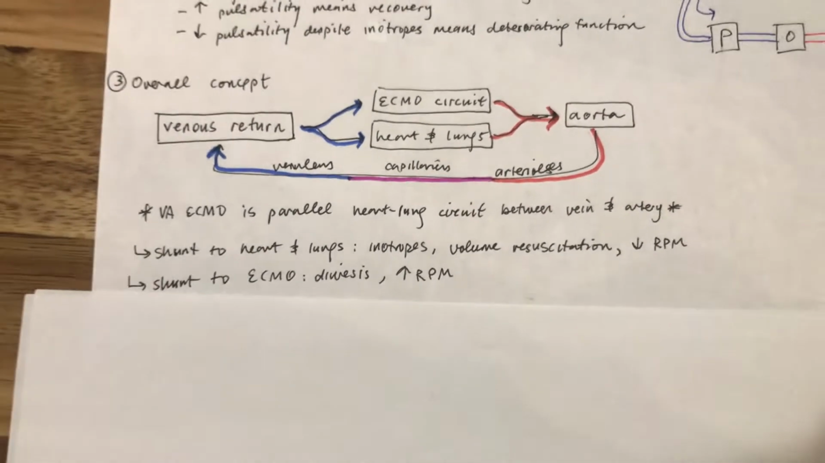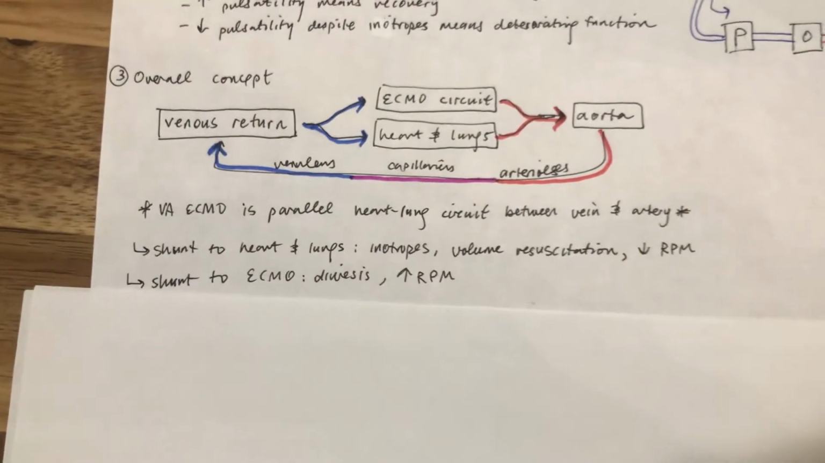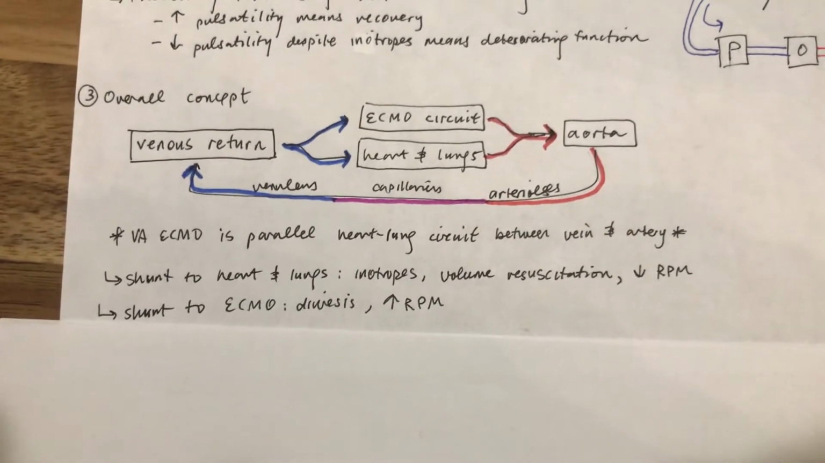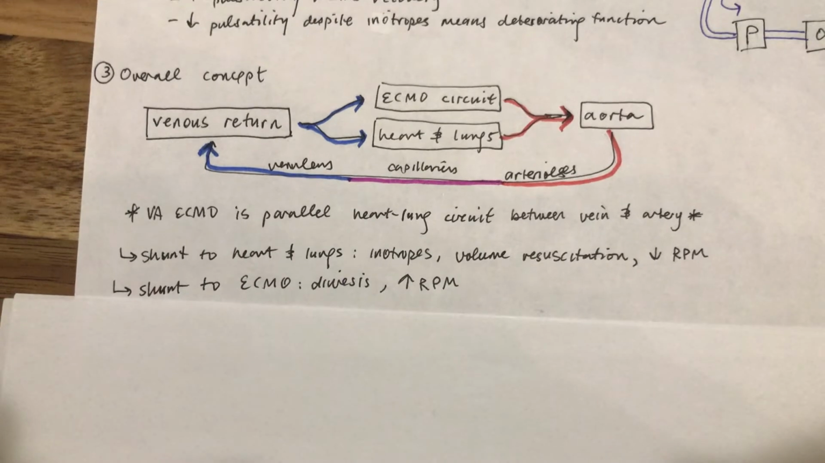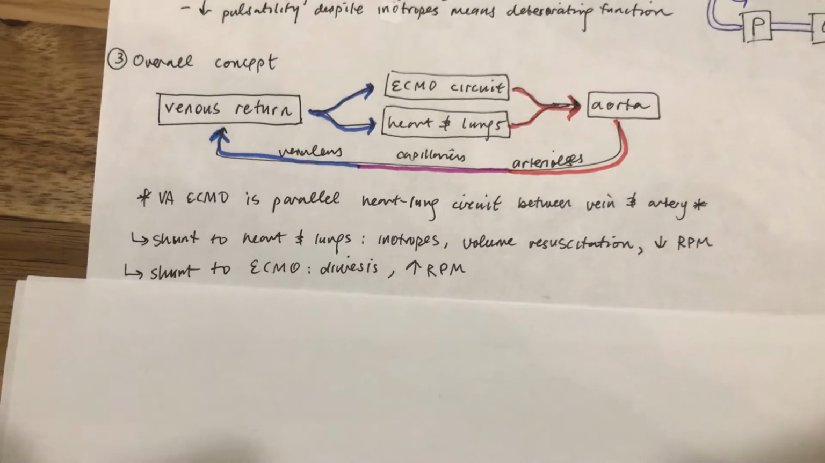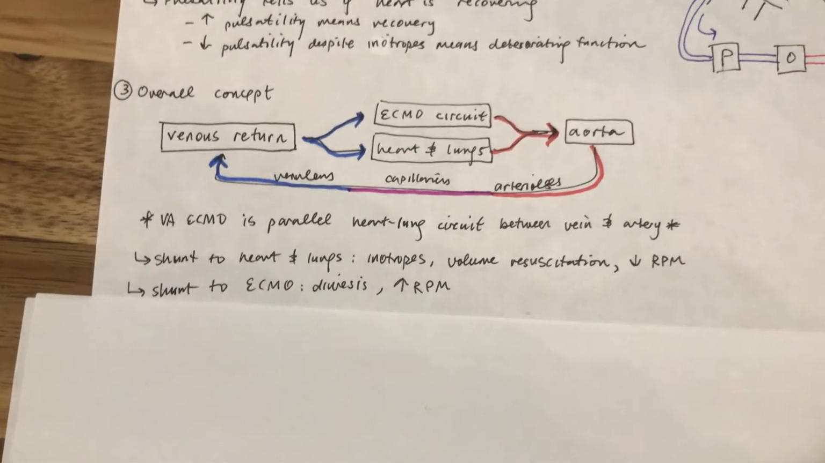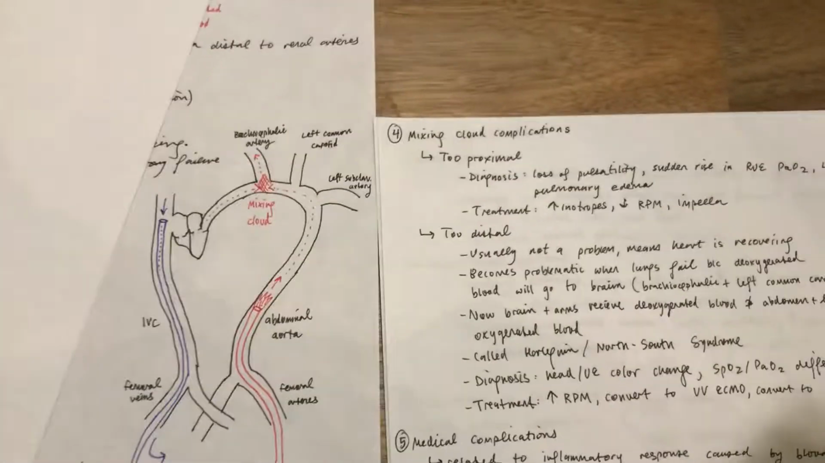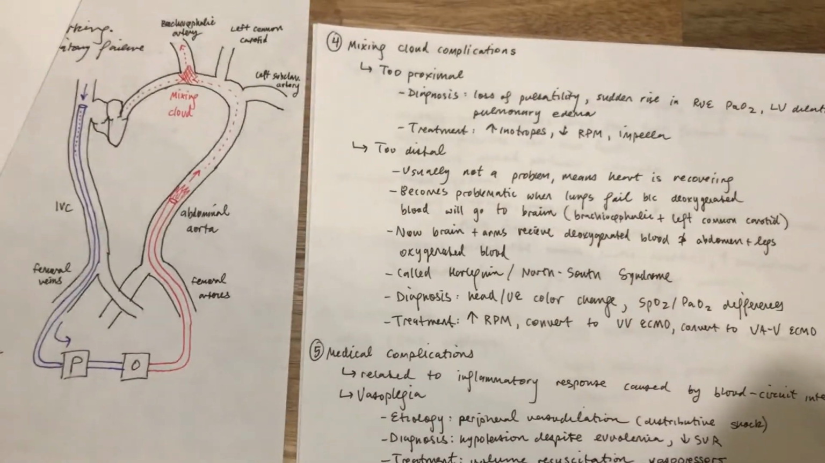So I just put this quick little blurb in here because if you're having blood pressure issues or oxygenation issues, this is how you determine where the blood goes. And then we're going to talk about the mixing cloud complications next. So we'll do almost like a split screen so that we can keep that